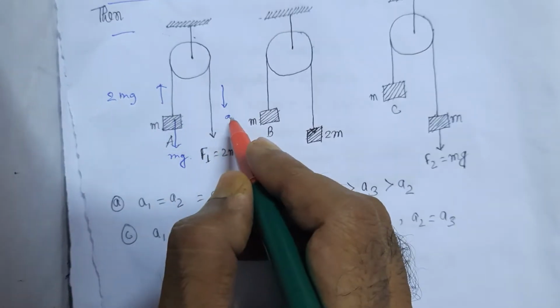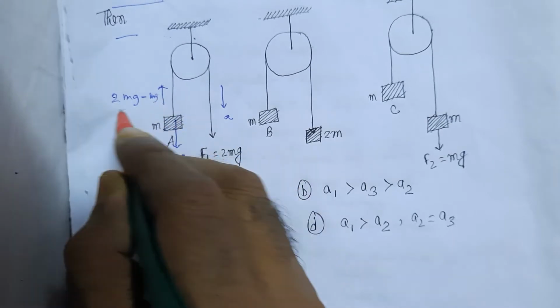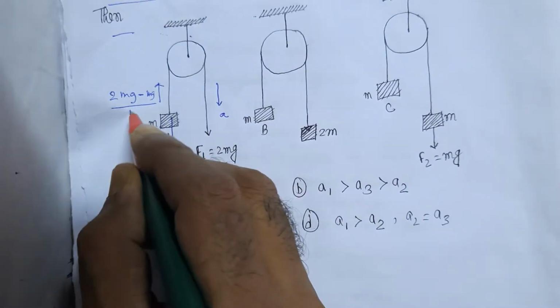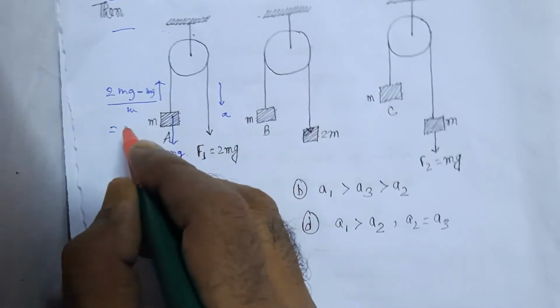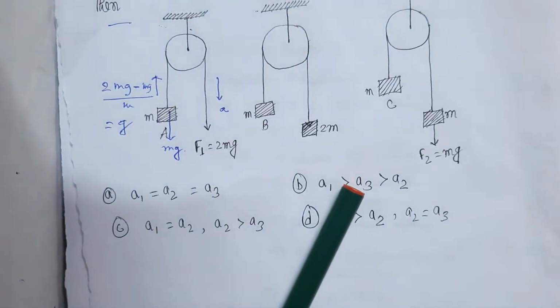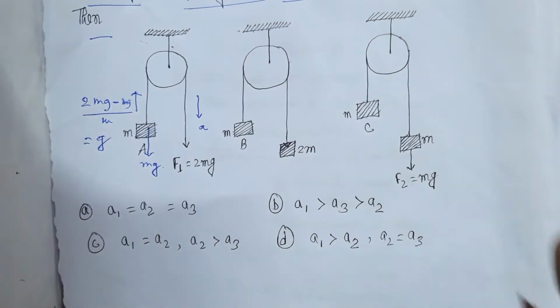So the net force is twice mg minus mg. Hence the acceleration is, m is the mass of the system, so 2mg minus mg by m, that is your g. So the acceleration of the system in this case is g. For the second diagram,